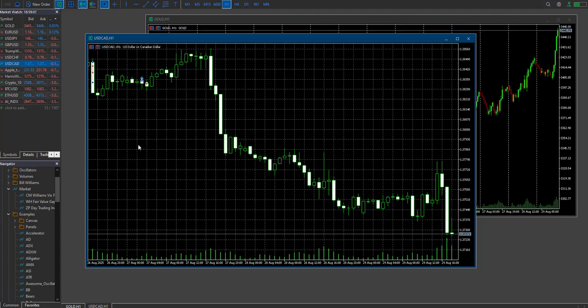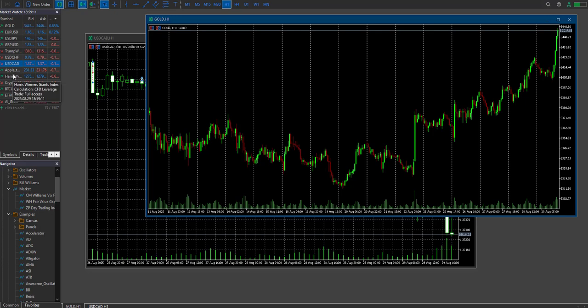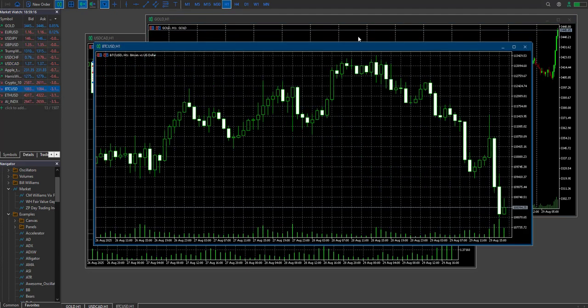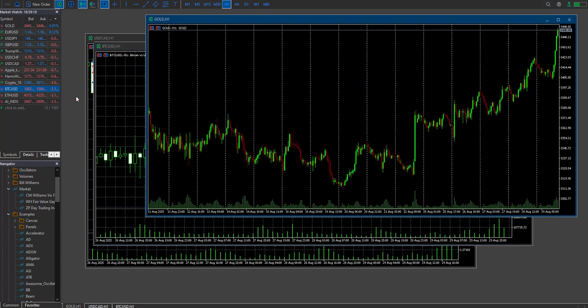right? So I am going to create a new template like this so that every time I open a new pair, I can just load this template. So to do that,